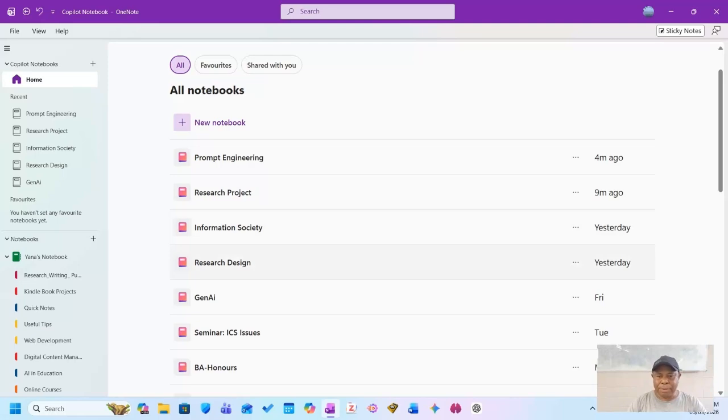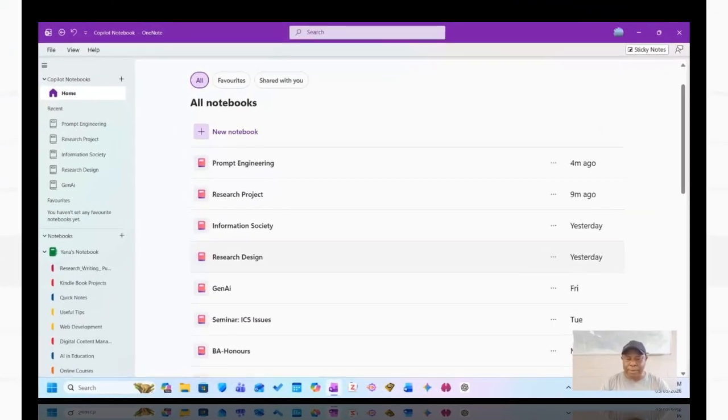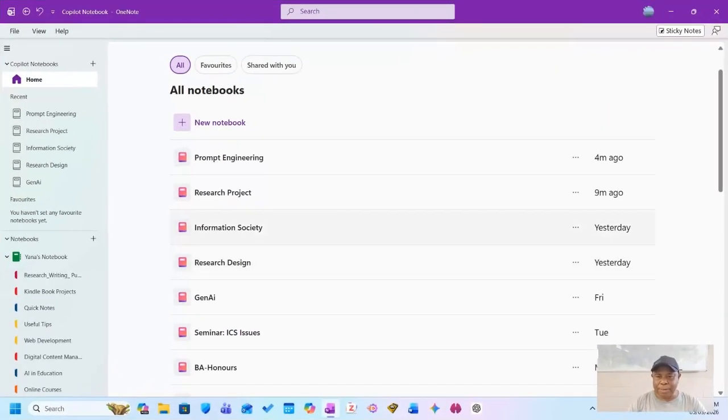So very useful for students as well. So students can use Copilot Notebook to create all sorts of things, the notes for tests, exams, essays. They can also create quizzes to test their understanding of the topics covered so far, and in preparation for tests